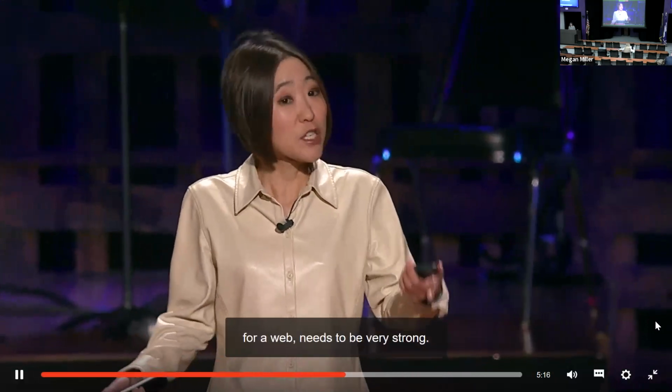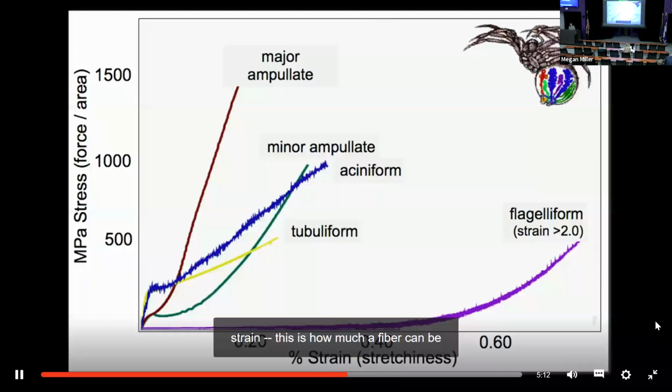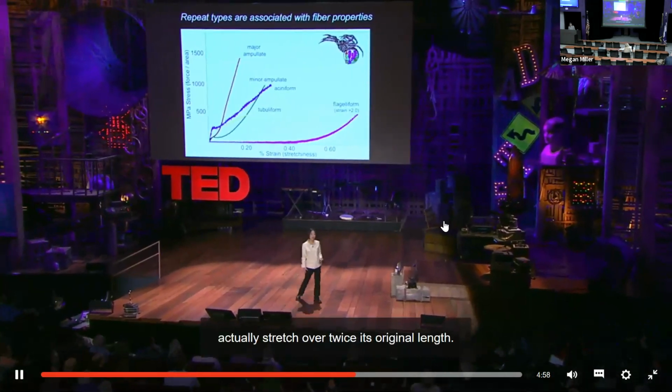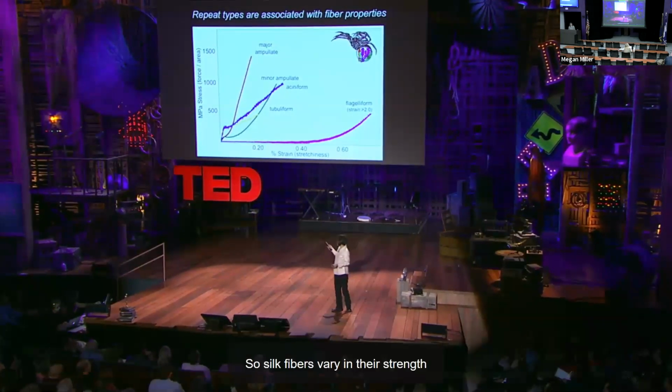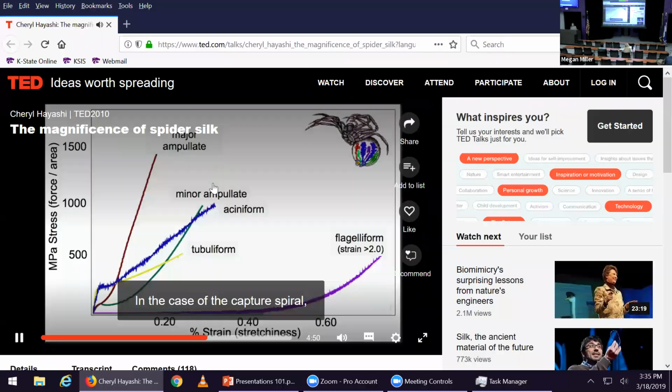to be very strong. On the other hand, if you were to look at strain, this is how much a fiber can be extended. If you look at the maximum value here, again, there's a lot of variation, and the clear winner is flagelliform, or the capture spiral filament. In fact, this flagelliform fiber can actually stretch over twice its original length. So silk fibers vary in their strength and also their extensibility. In the case of the capture spiral,